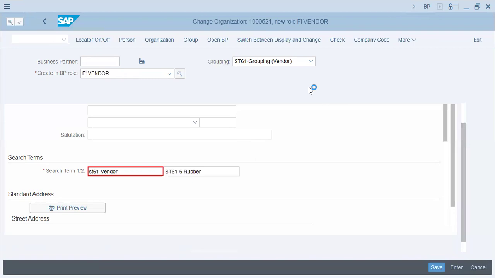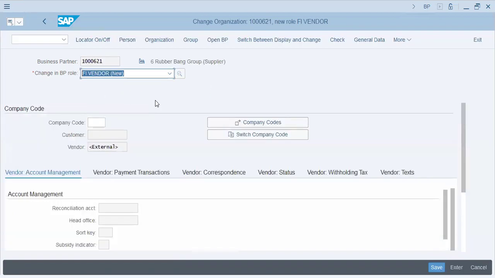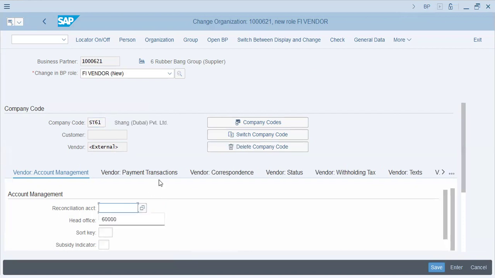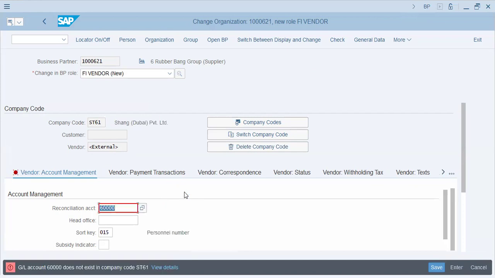Next is FI vendor. Company code. Now, FI vendor in company code will be made, but centrally. ST61, 60,000, sort key 014. Okay, this does not exist. GL does not exist. So let's stop over here. We'll create a chart of accounts for